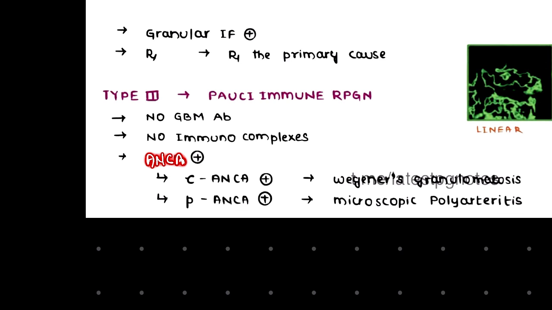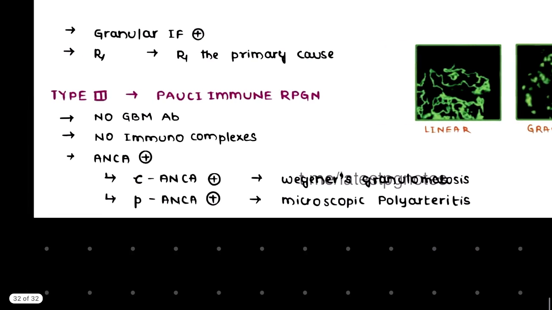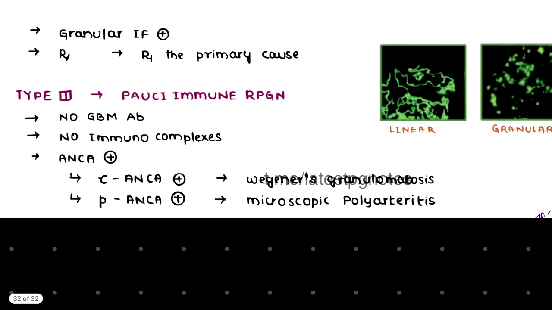Now, in one condition we discussed ANCA in detail, and that was in vasculitis, right? Now there are two types of ANCA. One is C ANCA and one is P ANCA, right? C ANCA positive is found in the case of Wegener's granulomatosis, right? Wegener's granulomatosis. Now talking about P ANCA, it is found in